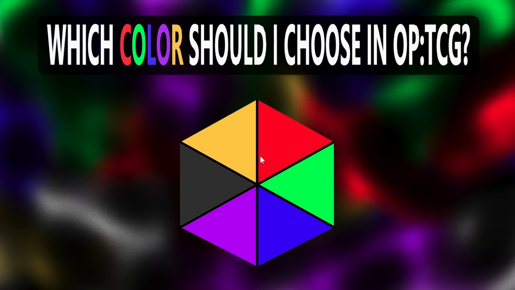We're going to talk first about how there are 6 colors in the One Piece TCG. There's red, green, blue, purple, black, and yellow. This little color wheel that we're looking at is at the bottom of every single card in the game. When the game first came out, it was red, green, blue, and purple, and then black and yellow were added after that. OP01 was the 4 original colors. In OP02, they added black, and in OP03, they added yellow. So we are going to go in that same order as we go through this video,